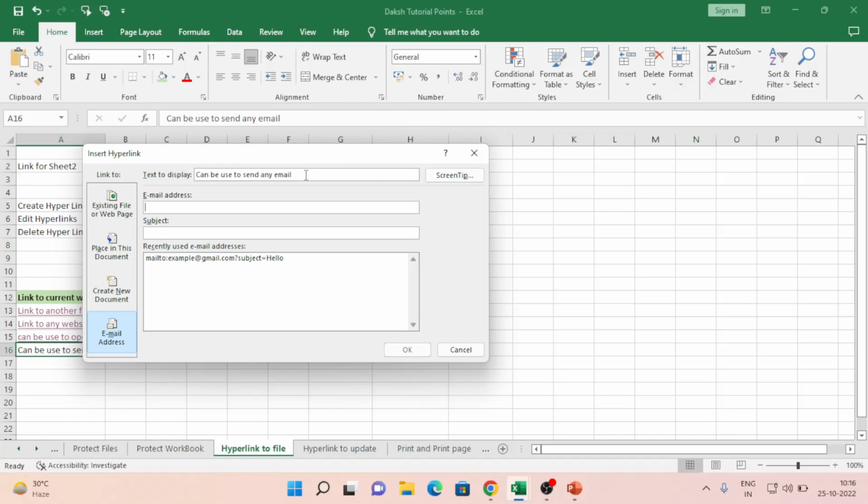This will be displayed for the screen tip only. Email addresses: here we put the email address where we want to send the email. I'm just putting one example, it is not valid. Contact dakshitutorial@gmail.com,